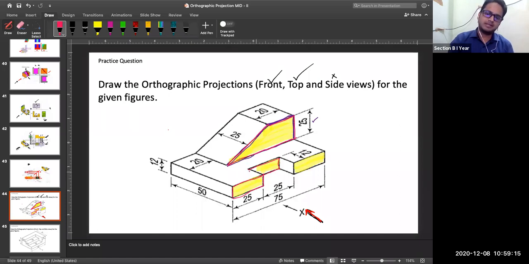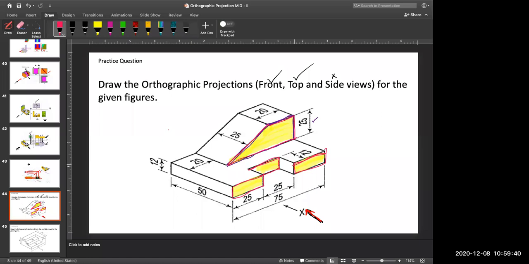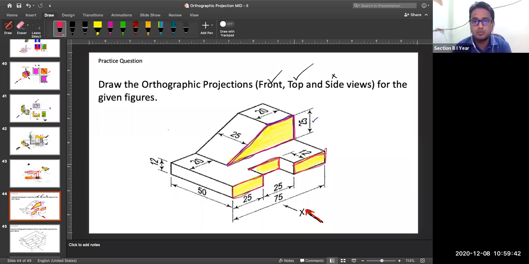This line will be extended and there is one hidden line over here that is not visible in this view. But if any observer is looking from this side, he will be able to see that corner. That's why this is a rectangle. And this is your fourth face that I am highlighting in red color. So this is what you will get in your front view. Sir, can we draw any shape? No. What is visible in the front view, that only you have to draw.